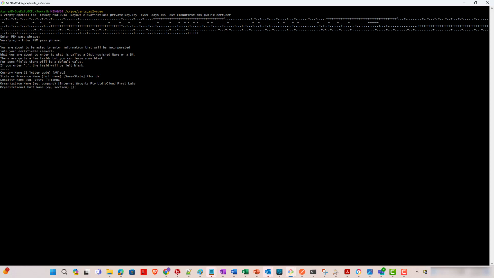Organization name, Cloud First Labs. IT. I'm going to say cloudfirstlabs.com. And I'm going to put in my email address. Okay, that just generated a private key saved as Cloud First Labs private key.key and a public certificate saved as